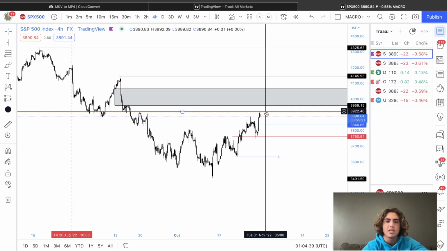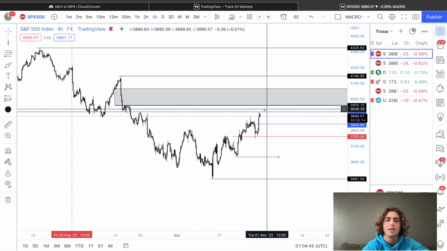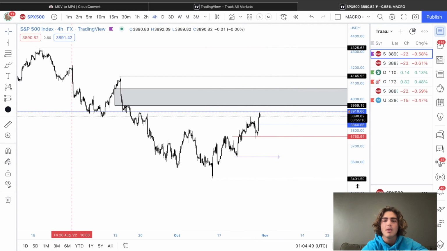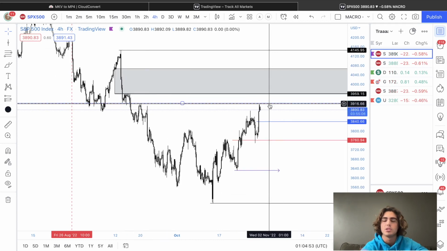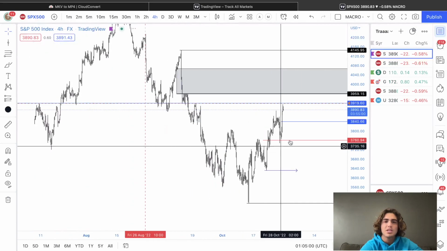I'm looking for this level to get taken out at least. This level needs to be taken out for me because it has to push above the equilibrium in order for banks to get those short positions in. So at least get above here, and then I'm just looking to react based off that. That's pretty much it for the S&P